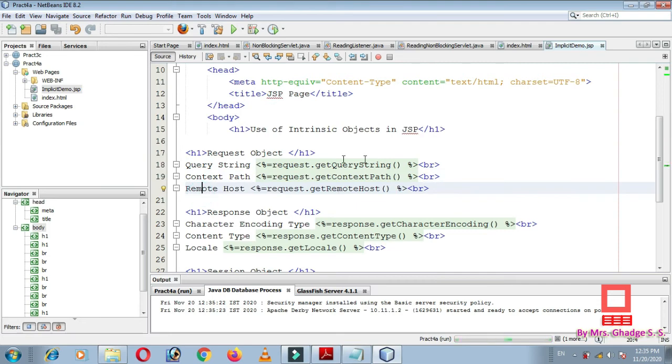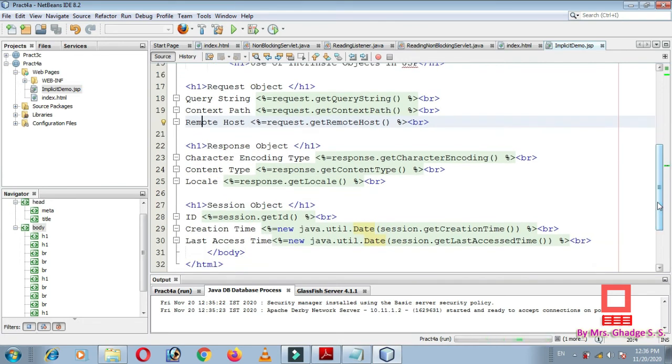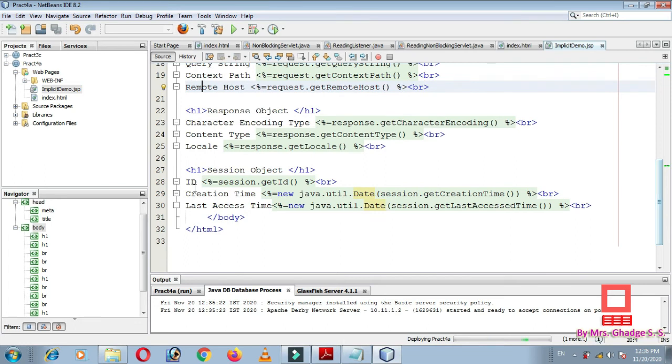Then for the response object it will display the character encoding type, content type, and locale. And for the session object it will display the session ID, session creation time, and last access time of the session. We will get all this on a single page of the web browser. Let us see the output.